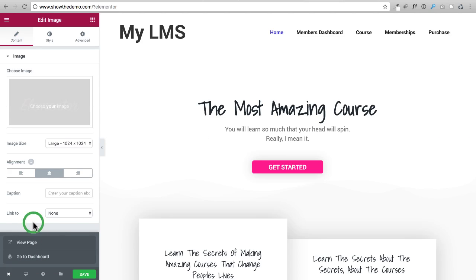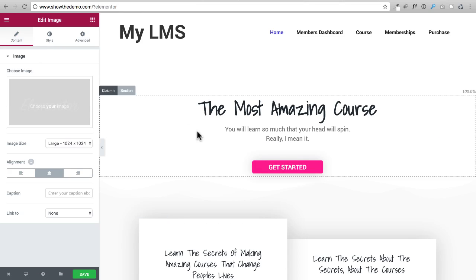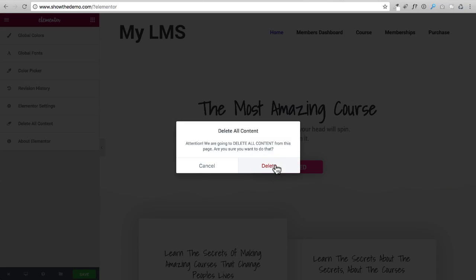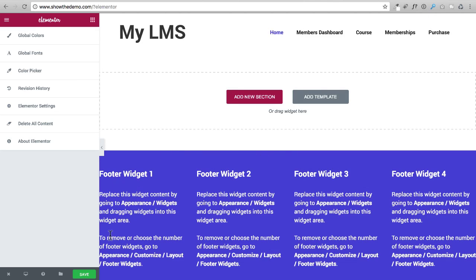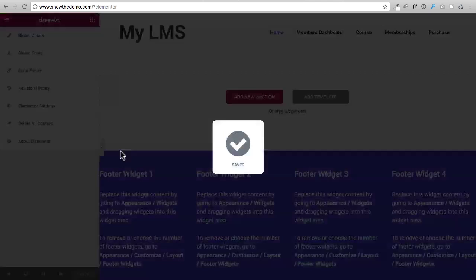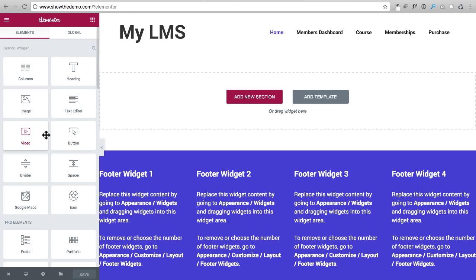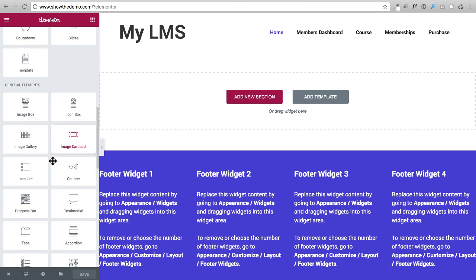So now what I'm going to do is I'm going to erase all this because we're going to build it from scratch. So I'm going to go ahead and click on delete all content, click on delete, and that is going to be all gone. I'm going to click on save, and that's pretty much as far as I'm going to take you in this video. In the next video, we're going to start building the page using all of the various widgets and elements that are available to us right